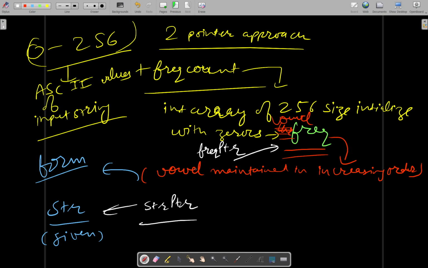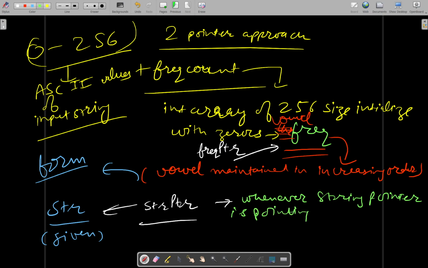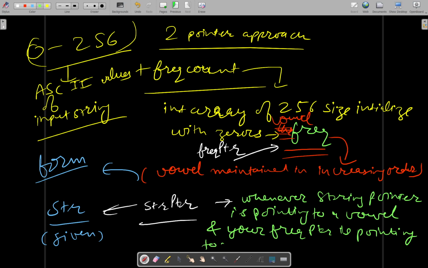So what you will do is, whenever the string pointer is pointing to a vowel, and your frequency pointer is pointing to a non-zero value, then you will insert